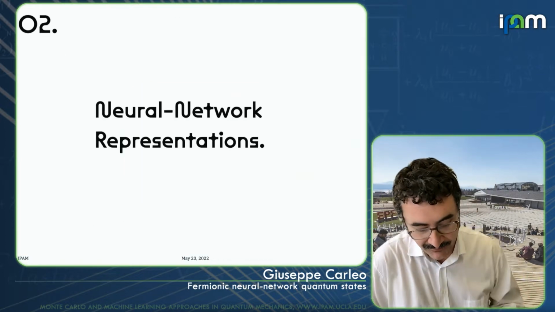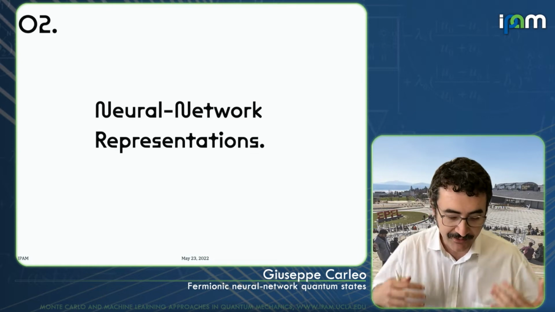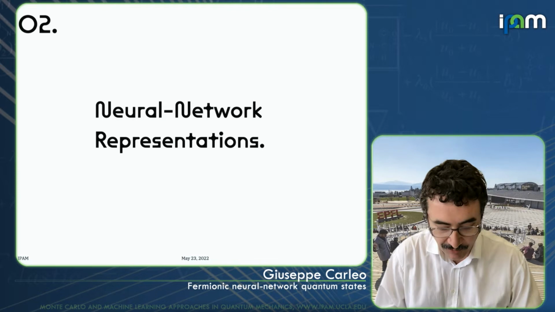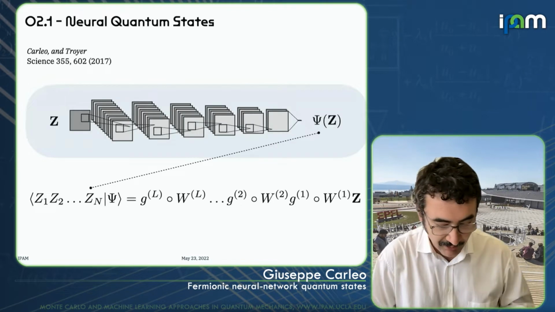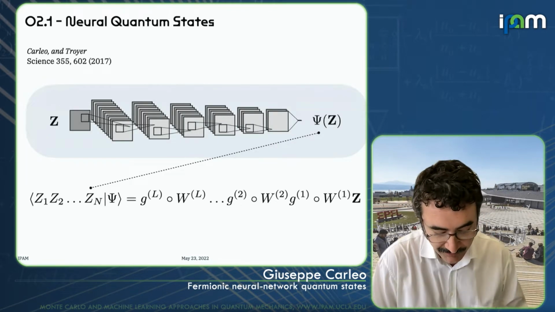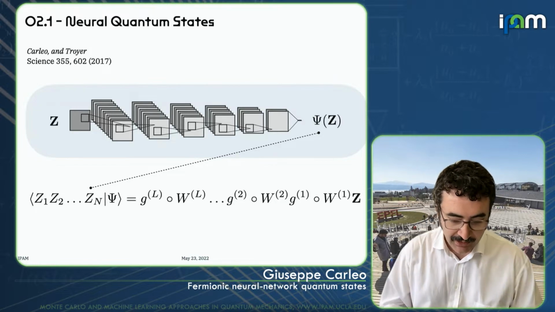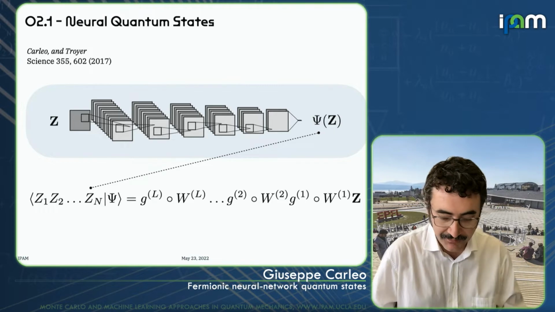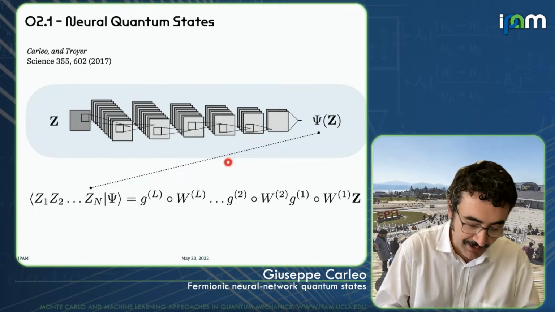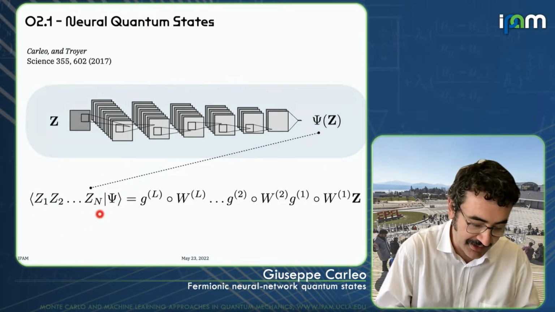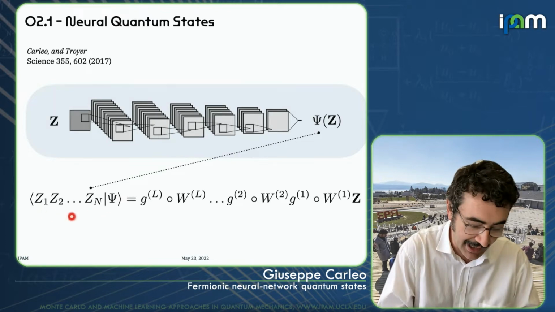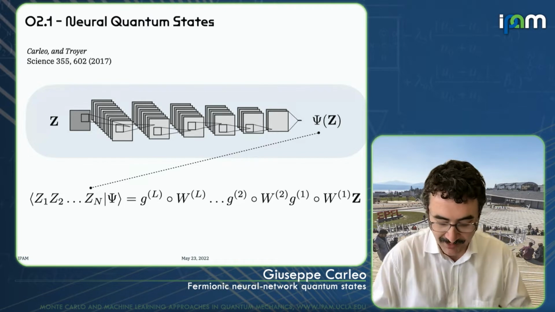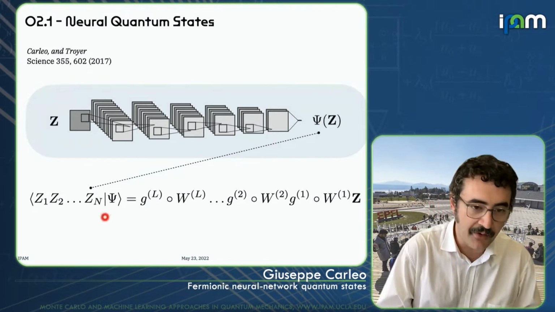And that's where high-dimensional representations in terms of neural networks are extremely useful. That's what I call neural network quantum states, which we introduced already a few years ago. The main idea is fairly simple after all: you describe these amplitudes, again in the case of quantum spins, spin 1/2, but it can be generalized, and it has been generalized to other cases, in terms of a neural network, right?